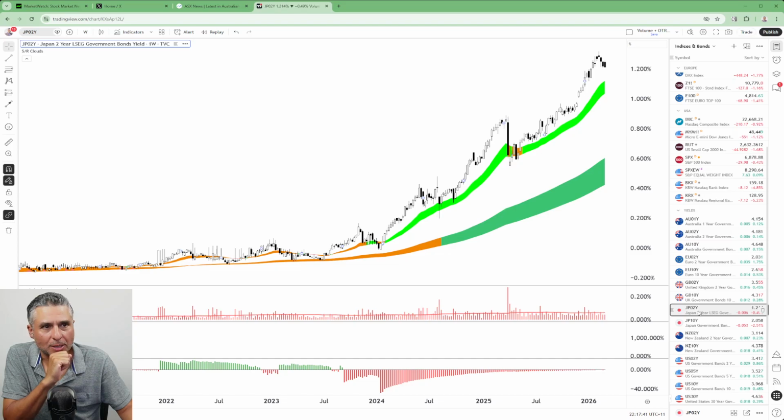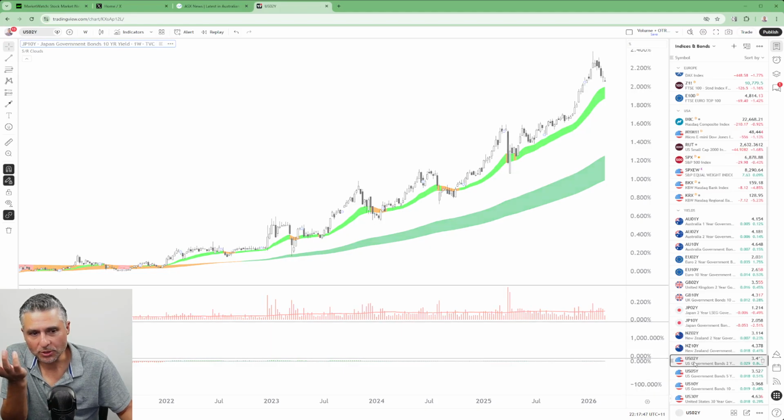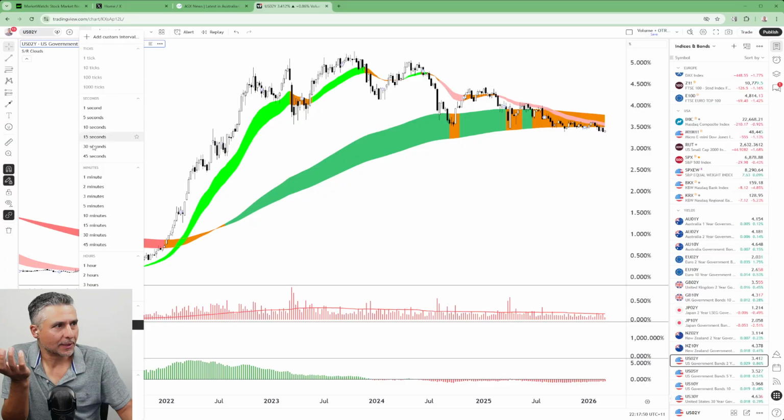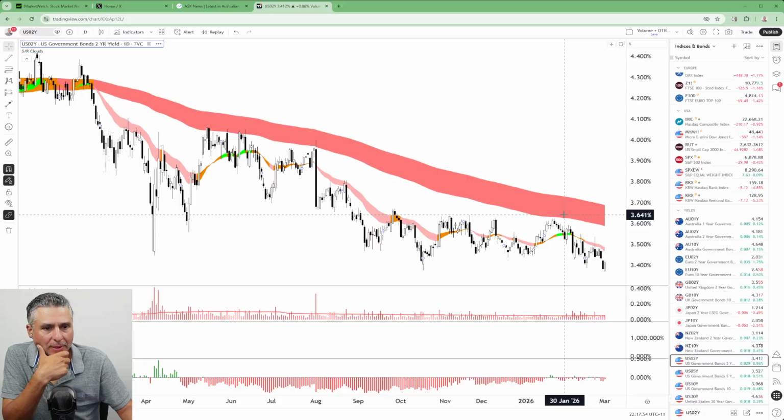Heading over to the Japanese twos, which are stagnating, and that's not bad for equities. Remember, the whole reason why we're here is to look for red flags in equities, and we're looking at weekly charts, but it doesn't matter. We're getting largely the same information.